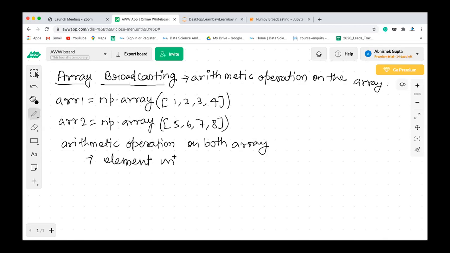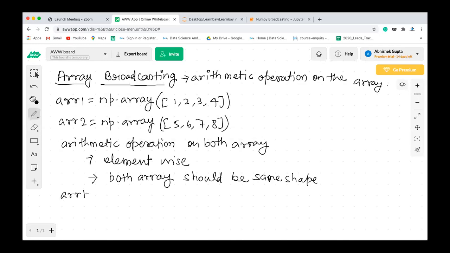Correct? So both the arrays should be of the same shape. Both arrays should be of the same shape. Correct? Fine. So when I'm saying shape, what exactly does it mean here?